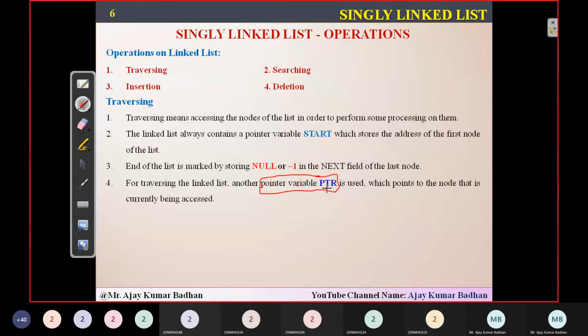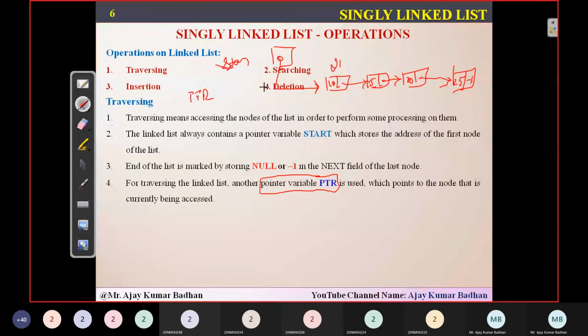Suppose the data elements are 10, 15, 20, 25. The last node consists of -1, and each of the other nodes consists of the address of the next node. We have a start pointer that contains the address of the first node, node number 1. This pointer will be visiting each and every node one by one.